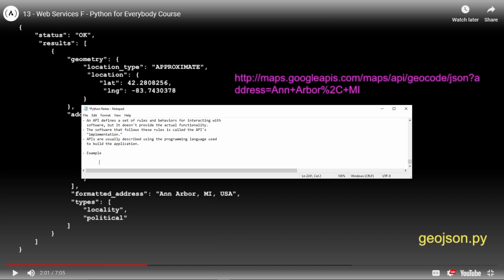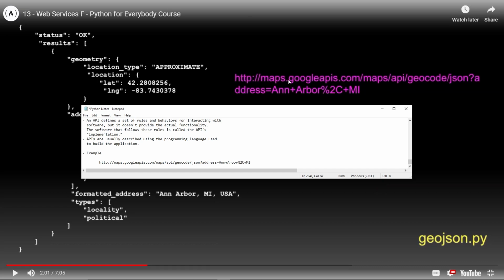And let's come down here and let's say http://maps.google.api.com/maps/api/geocode/json?address equals and plus arbor %2 capital C plus MI, whatever that is.